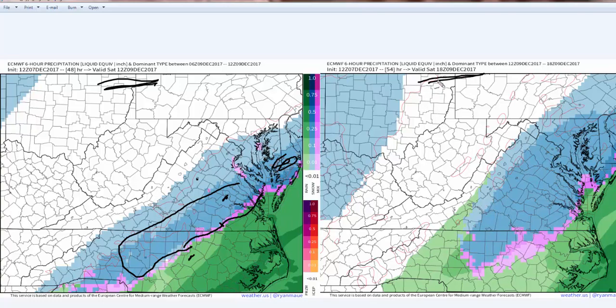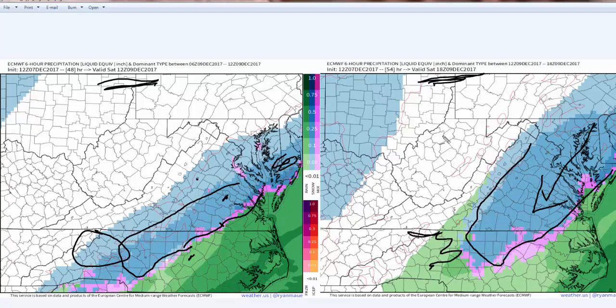Now this is 1 o'clock on Saturday, and it's still freaking snowing. In fact, it's snowing pretty darn good over a lot of places. And that's with the northeast winds bringing down the cold air. And now, Raleigh's gone over to some sort of mix at that point. Greensboro is still snowing. Now, look what happens on the back side of it. When the precipitation gets really light, it goes back to rain. See, it was snow over here. When the precipitation is light, the warmer air comes in at the low levels and it goes over to rain. Rain. See that? So there you go.